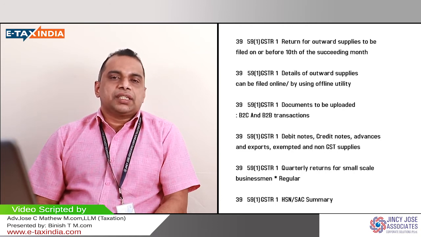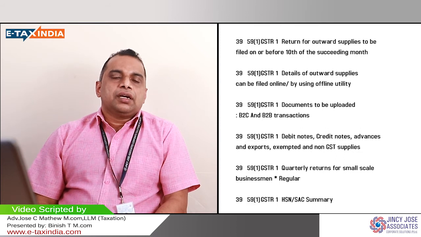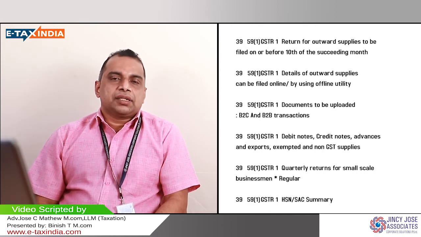Even now GSTR 3B is being followed to file the returns, and GSTR 3B will declare your outward supplies, not in detail, but as a lump sum figure, and you can type your input tax credit available. That means as per your purchase ledger, you can type the amount. So the net tax liability will be available and you have to pay that amount. When you are filing GSTR 3B on or before 20th of the succeeding month, the data will be available concerning your tax liability, and as per the tax liability generated by the system, you have to pay the amount